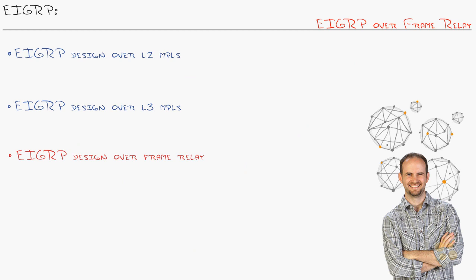You now know how to design EIGRP over frame relay, but to solidify this concept, I'm telling you, you want to check out one of the nuggets on the implementation, implementing multi-point or implementing point-to-point